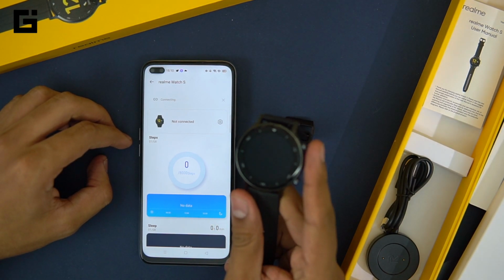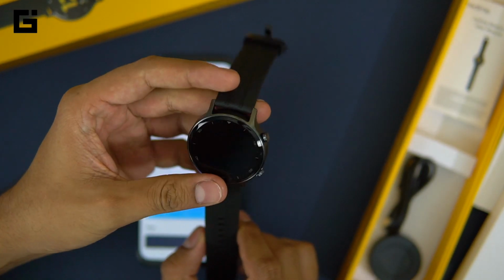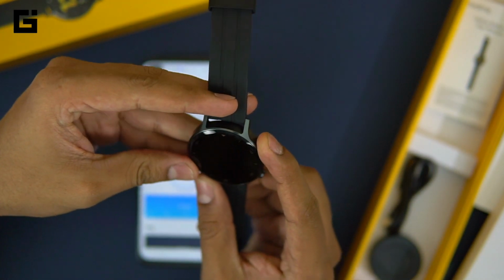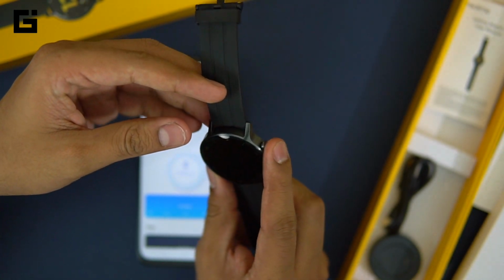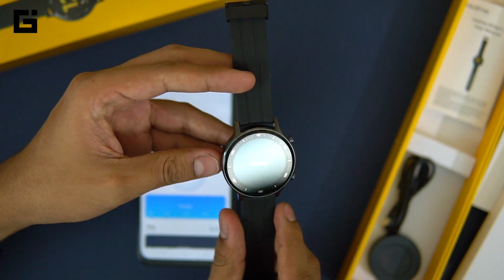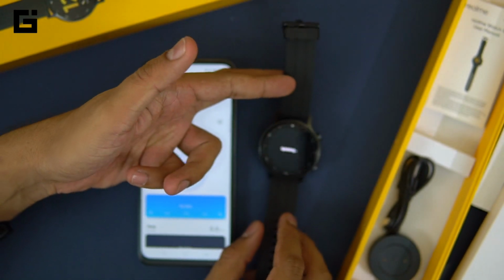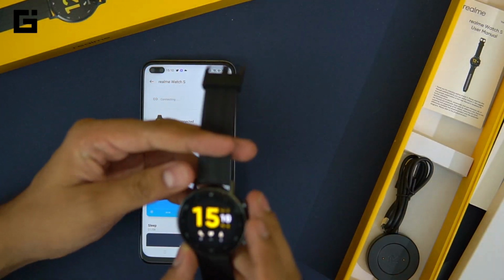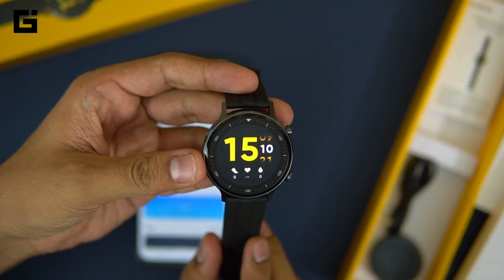and then we can start using it and show you the settings that you can change for the smartwatch on the Realme Link application. Let me now try to start it, or would it start by itself? We'll have to wait and watch that as well. Yes, it's actually still updating, so we'll still have to wait, and then we can actually set it up. So finally, the watch is updated to the latest version, whatever the version was, and there might be no direct